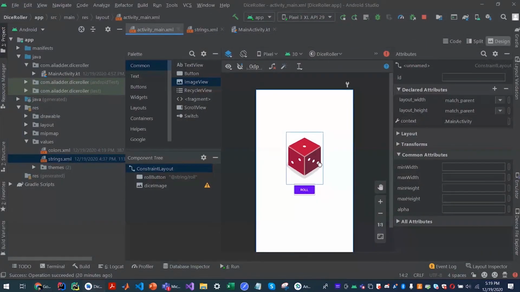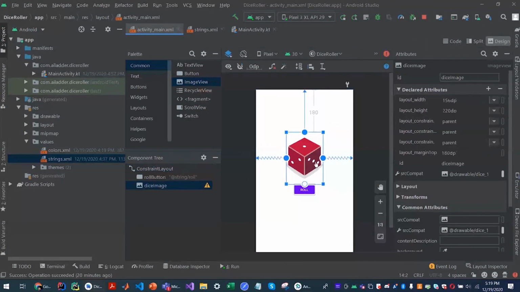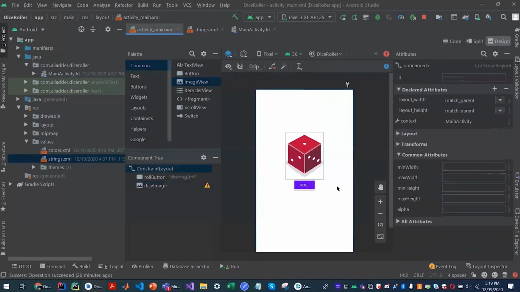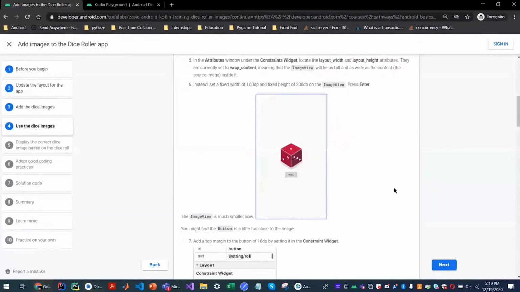How you do that is once you click on this, you can already see it. We're pretty close to the given. And like text has SP, images have DP for height. Yeah, it looks much better now. Let's see what the next step is.